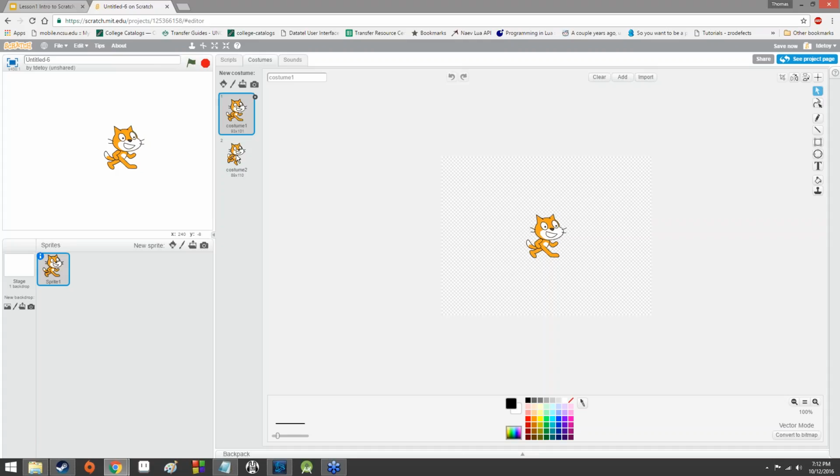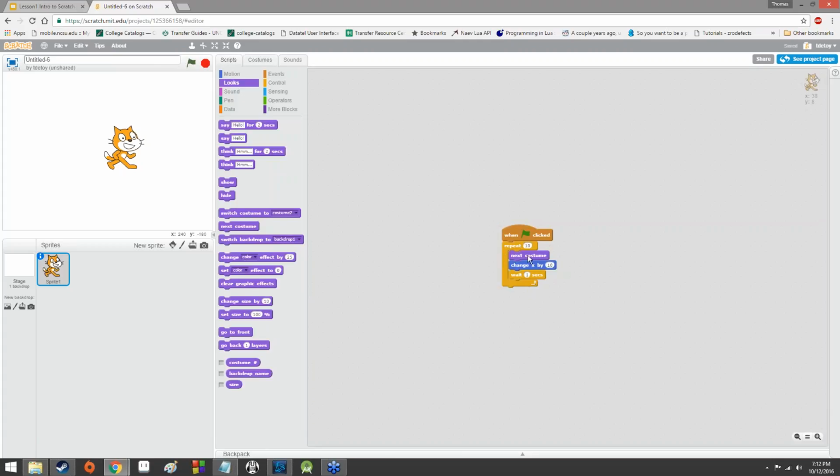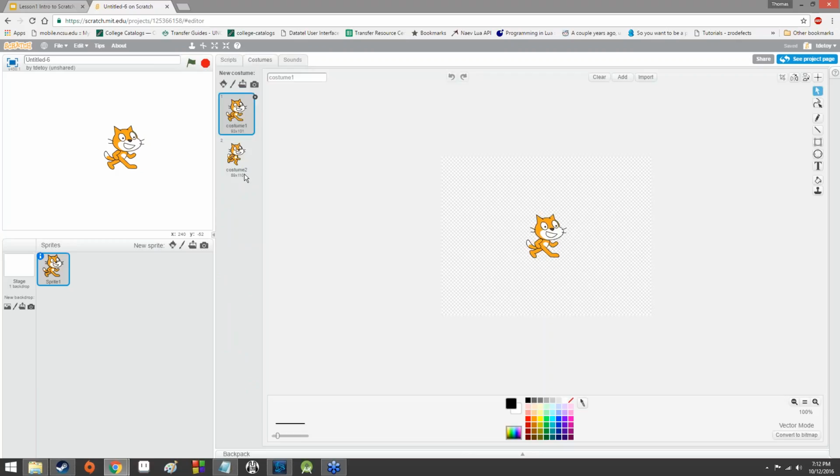But it really all comes down to how everything is named anyway. Different sprites for the same entity. We got one where he's kind of skipping and one where he's got a jaunty stride. And when we say next costume, all we're doing is moving down the list. So if we wanted to, we could